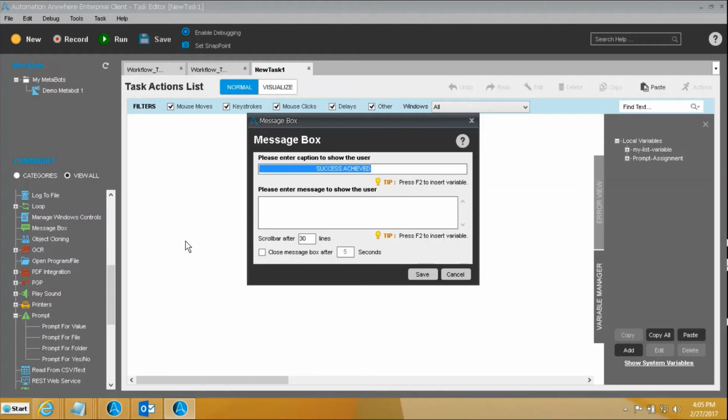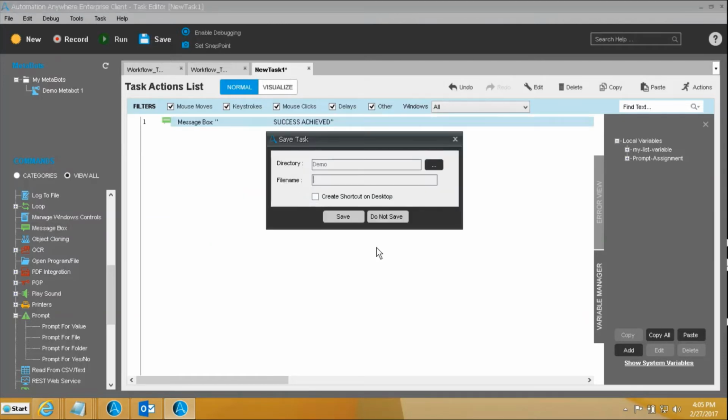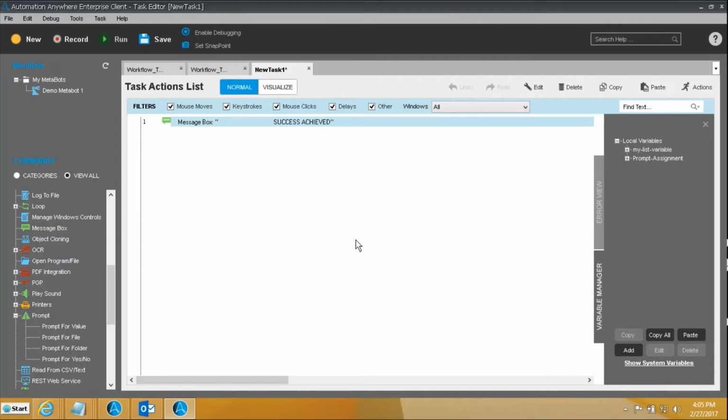and I can just copy this one. So success achieved, this one, and I'm going to paste it here also. Success achieved. Save it. Save the script. Give it a name as workflow success, and one more new,